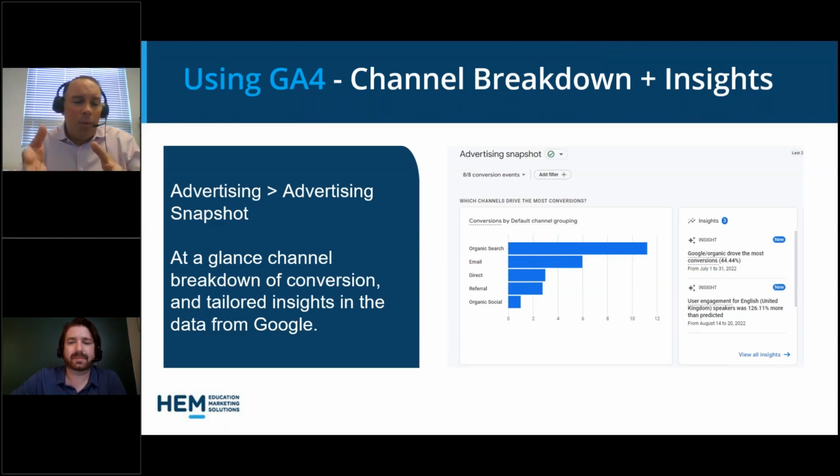So understanding what the channels are, whether they're referrals coming from other websites to you, whether you have people that are coming directly to your site, that's because they've bookmarked it, or there's organic social. Actually, GA4 has improved the visibility on the channel attribution, and also has created some new channels. So I just wanted to provide a bit more context to this, Alex.